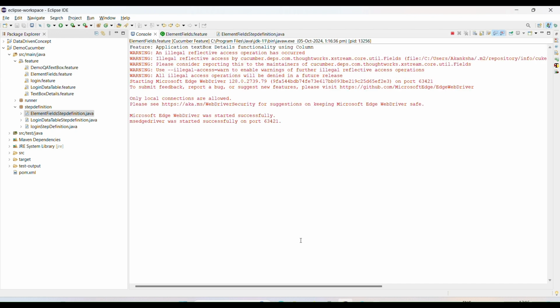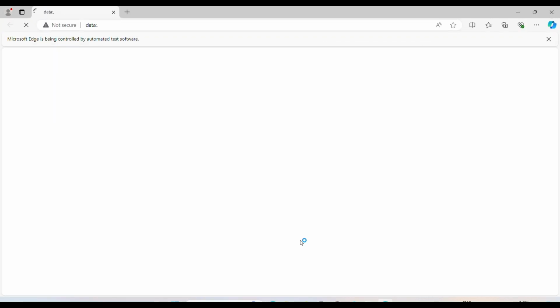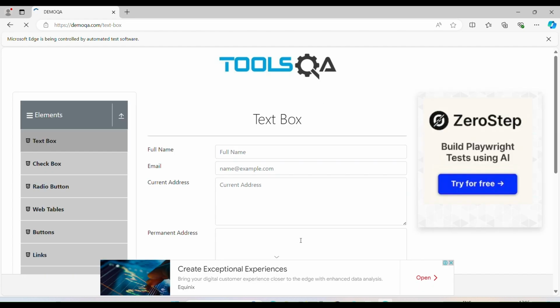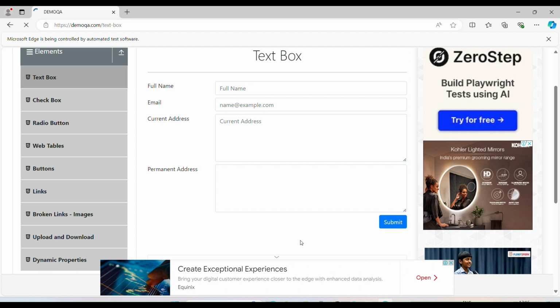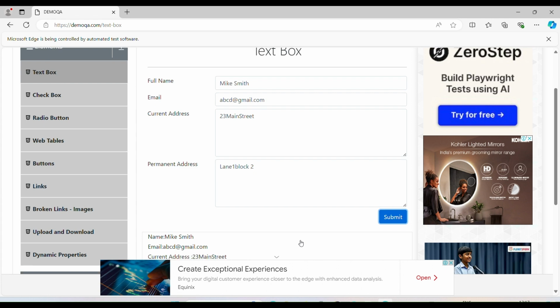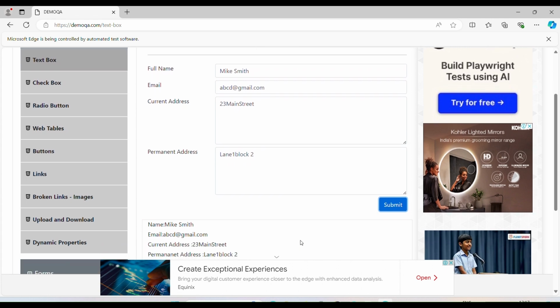Okay, see, the website application launched, the website opened. This will take a few seconds to load all the page elements. See guys, the first set of data is added: Mike Smith, ABCD email, Gmail address, current address, permanent address, and then click on submit also.